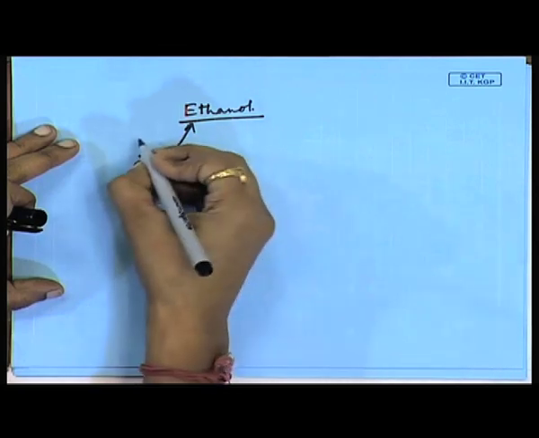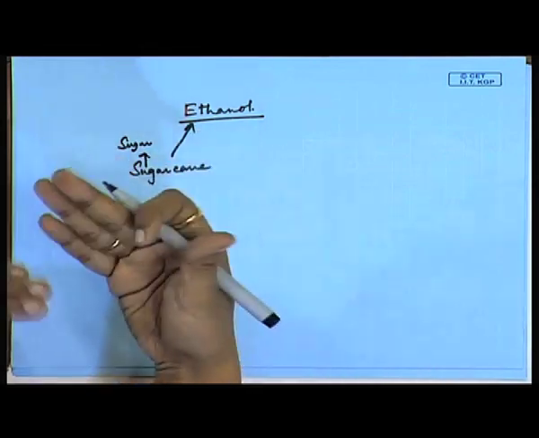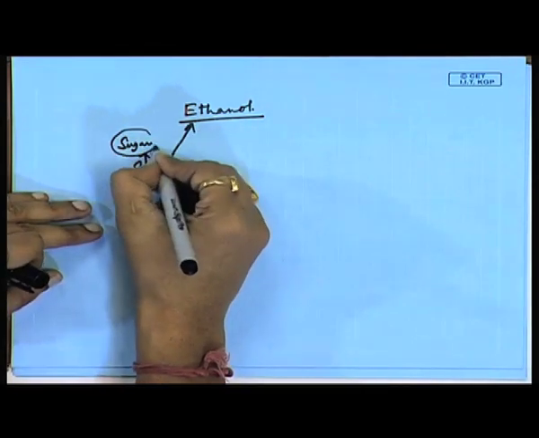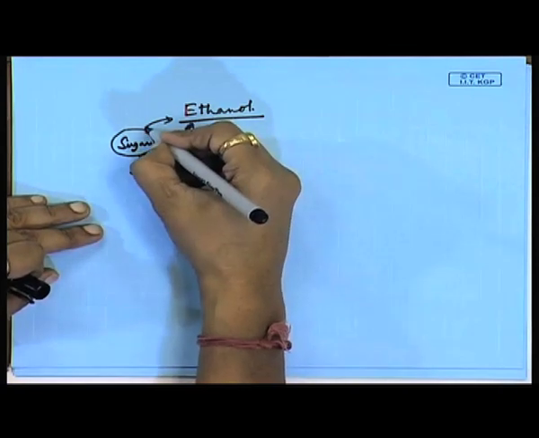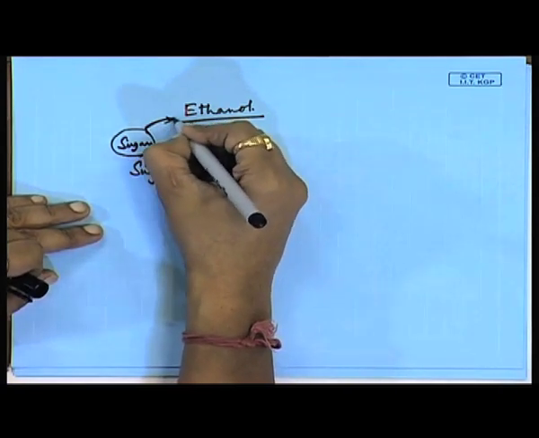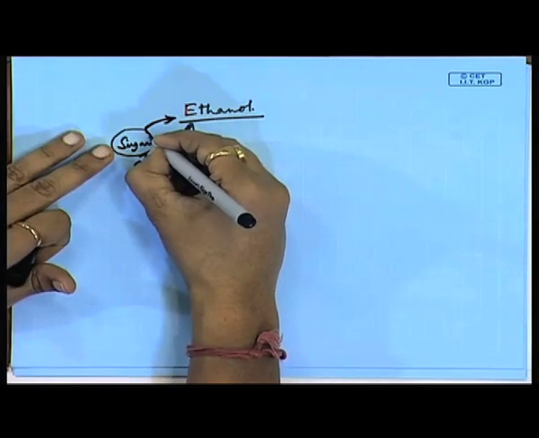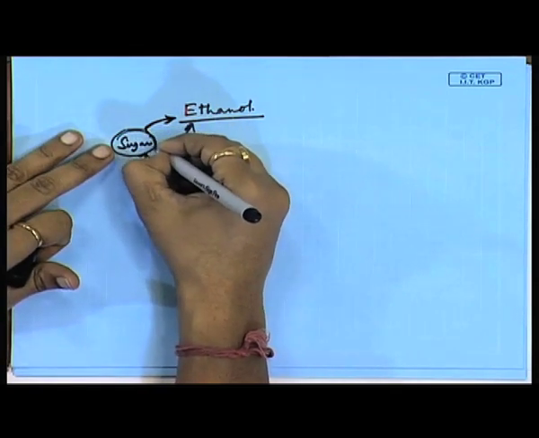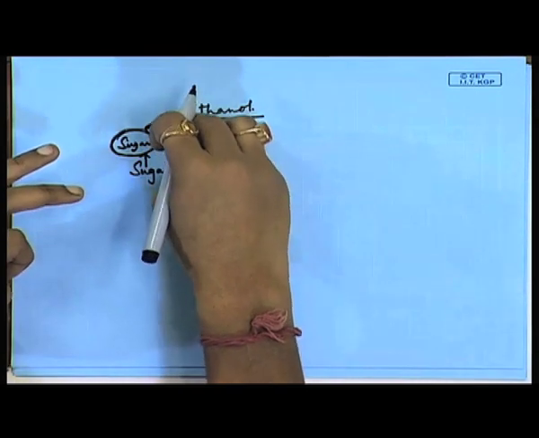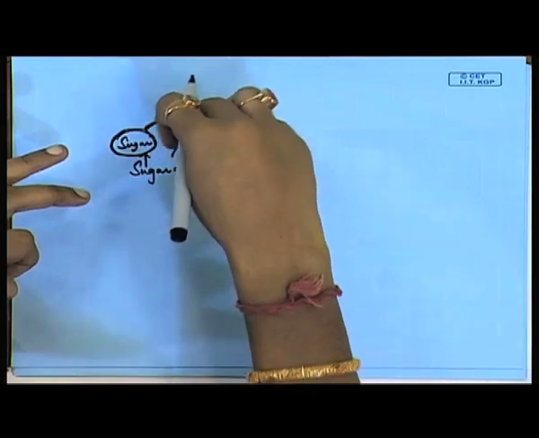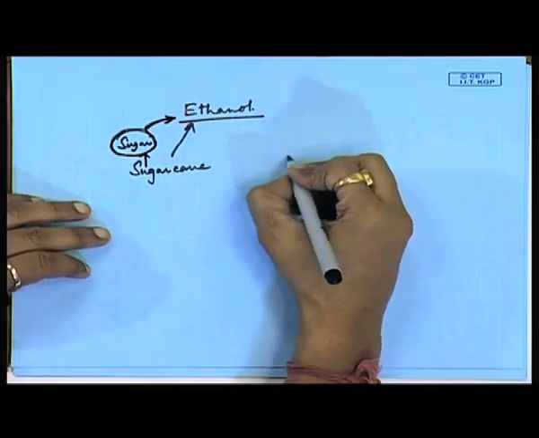We are getting sugar, which is sucrose, nothing else. This sucrose is getting converted to ethanol. That means here sugar to ethanol conversion is taking place. This process is different from the process if we are taking any lignocellulosics,